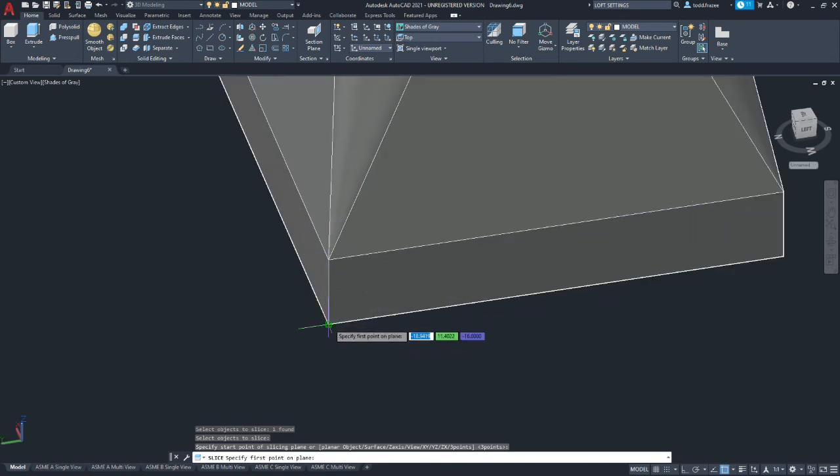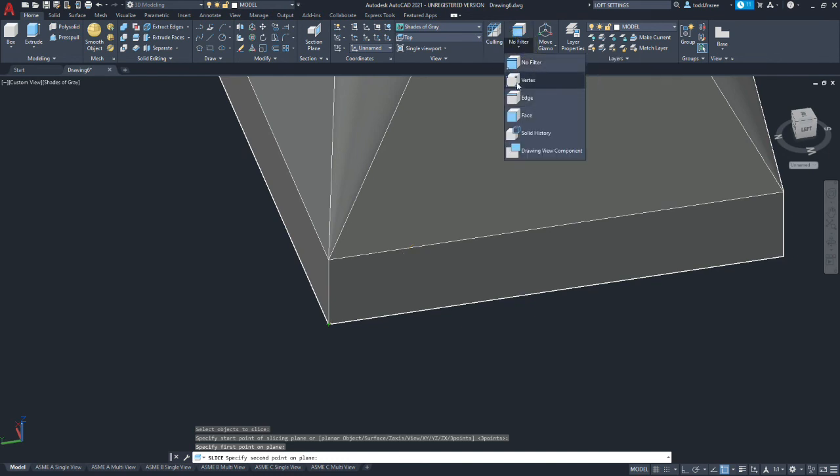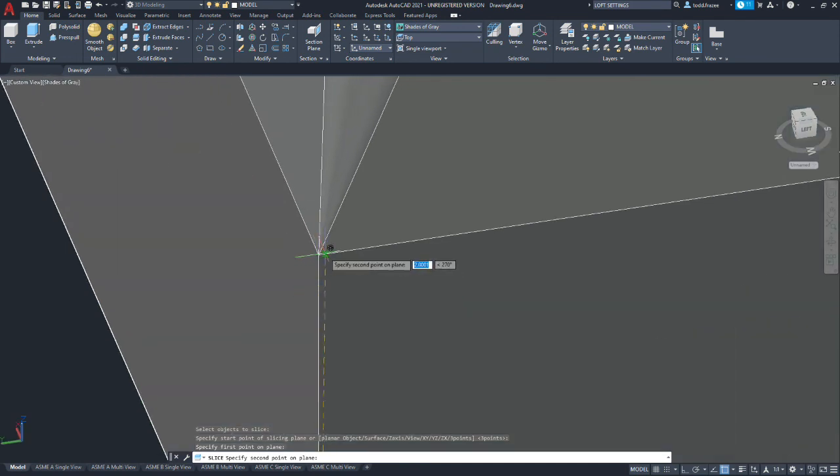between those 3 points. So we can go corner, let's put our filter on vertex, see if that helps us pick that up. Maybe not.